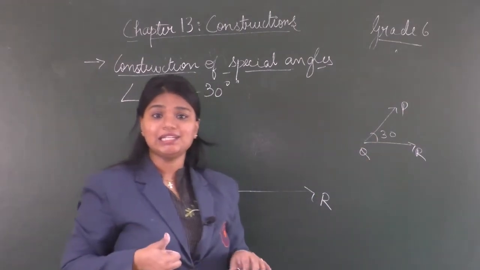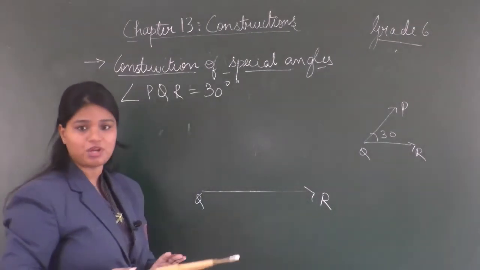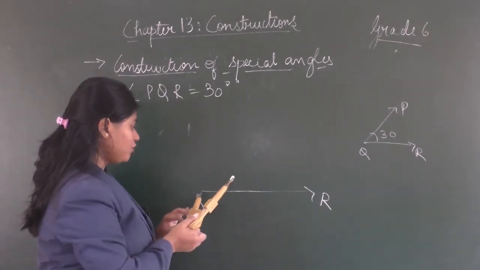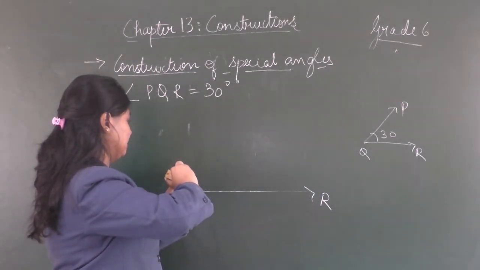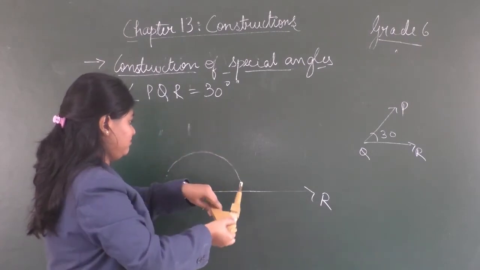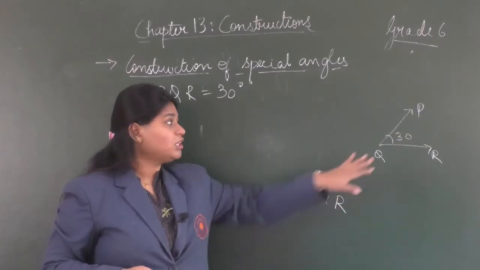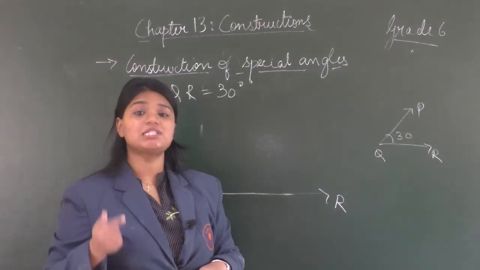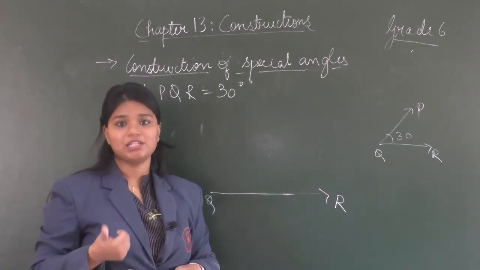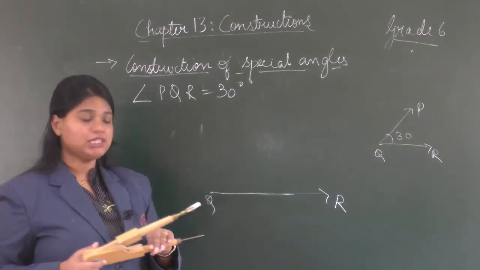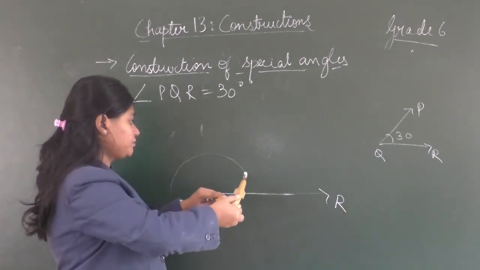Now we need to do 30 degree. Now you know that 30 degree is half of 60 degree. So first we will draw 60 degree. We will construct 60 degree. So I am placing the needle of the compass on point Q and I am drawing an arc. We need to draw 30 degree angle. Now we know that 30 degree is half of 60 degree. So first we will follow the procedure of drawing an angle equals to 60 degree. So here I have taken the compass, I will place the needle on Q and I will draw an arc.